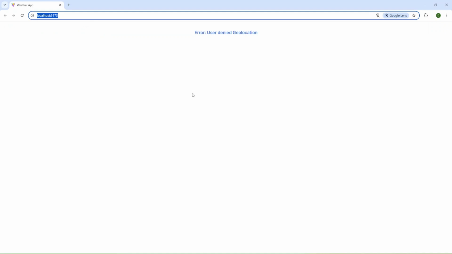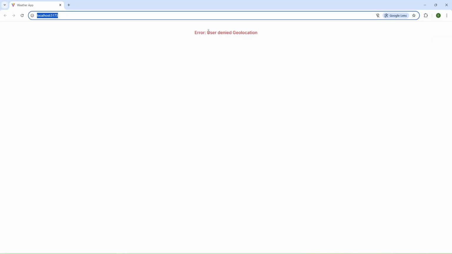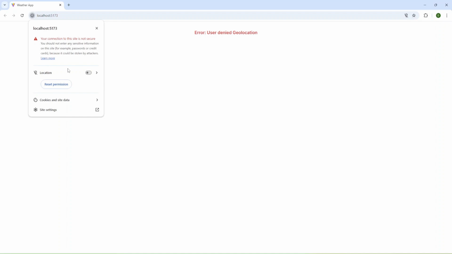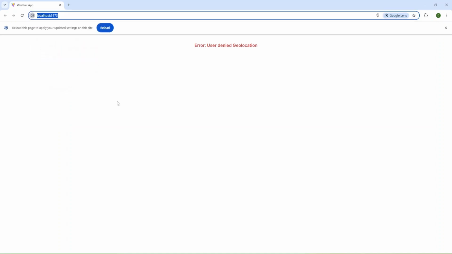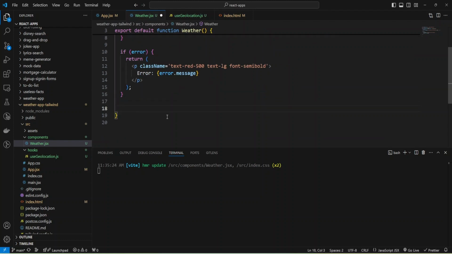And we have the error, user denied location, but we can change the text to red because we have an error. Okay, we have red text, and now I'm going to allow user location, reload, and we don't have any JSX for now, and let's implement the JSX for our success case.